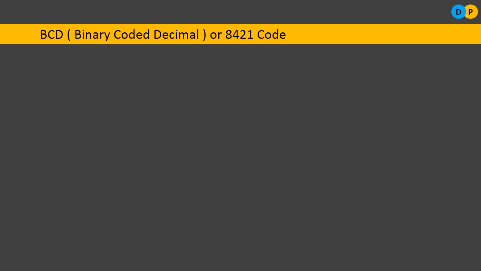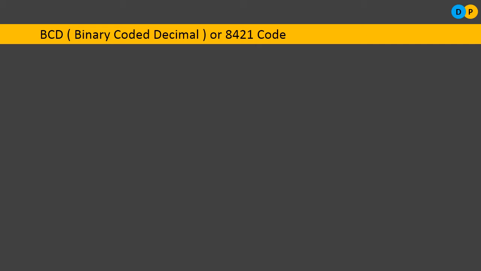The first variety is BCD, also referred to as binary coded decimal. This BCD code is popularly referred to as the 8421 coding system. So what is this 8421 coding system? As I told you, BCD stands for binary coded decimal. If you want to represent a decimal number in binary, that is in terms of zeros and ones, you need to convert the decimal to binary first, and later express it.